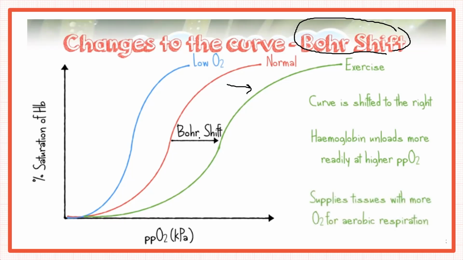So when carbon dioxide is high, it will make this standard curve shift towards the right. It simply means that hemoglobin now has low affinity for oxygen. Low affinity means it is going to unload the oxygen, because carbon dioxide is high. It gets dissociated into H positive. H positive binds with the hemoglobin to form haemoglobinic acid, and hemoglobin now unloads oxygen readily at higher partial pressure. So the higher the partial pressure, the more quickly oxygen will be unloaded. So this supplies tissues with more oxygen for aerobic respiration. I hope you understand this oxygen dissociation curve, and you've understood the Bohr shift as well.